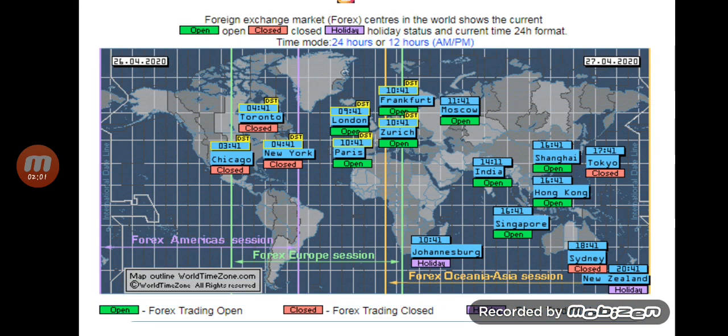You can see in this picture that the foreign exchange market is open in India, but it is closed in Chicago. So a trader in Chicago might be watching the Indian market, and when the Indian market closes, the trader in the Indian foreign exchange market might be watching the market in Chicago, which is already open. So this is a 24 by 7 market. It's one of the largest markets, and the turnover is in trillions of dollars.